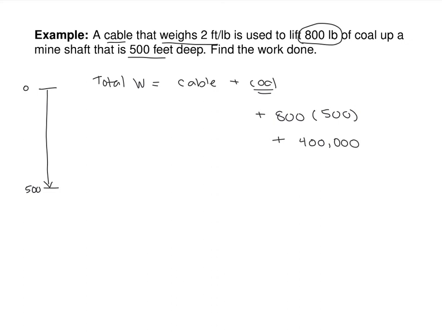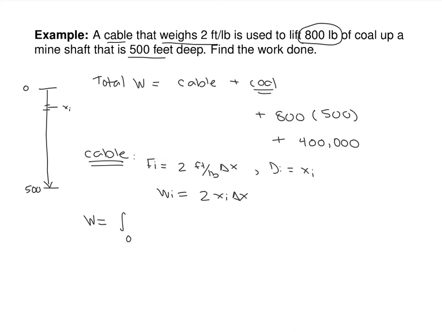Now the cable will be pretty similar to before. So for the cable, we have little chunks. They're at some x. So the force on a little chunk will be 2 pounds per foot times delta x. And the distance for a chunk is going to be x. So the work to move one little chunk will be 2x delta x. And so your total work for that cable is going to be integral from 0 to 500, 2x dx,